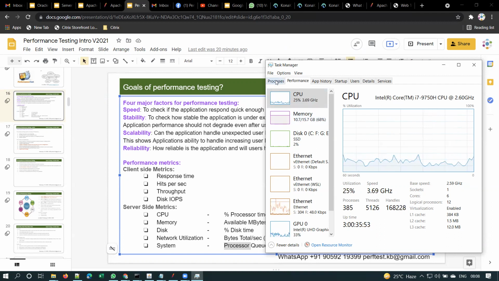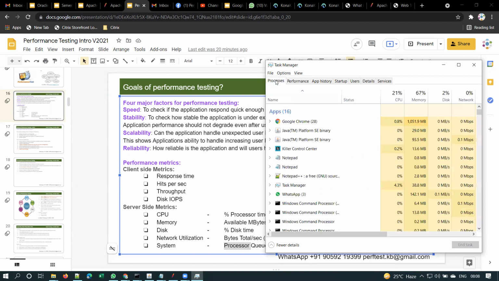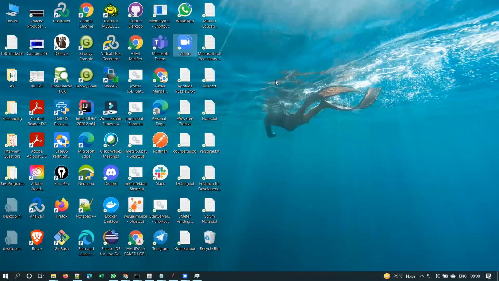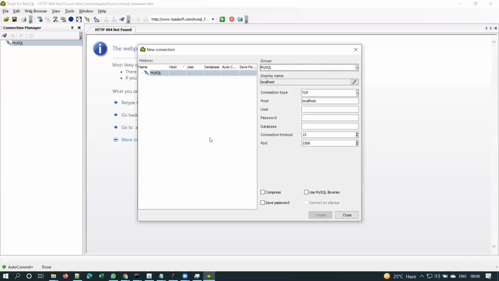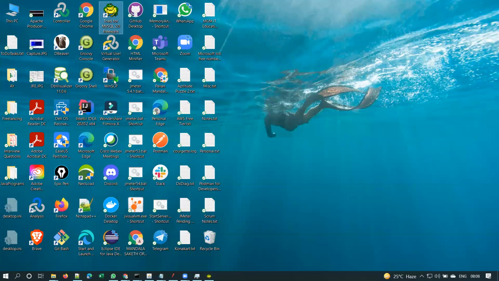So if I open a few more applications, let me use Windows key, say for example, I am opening Toad, and some other applications parallelly.